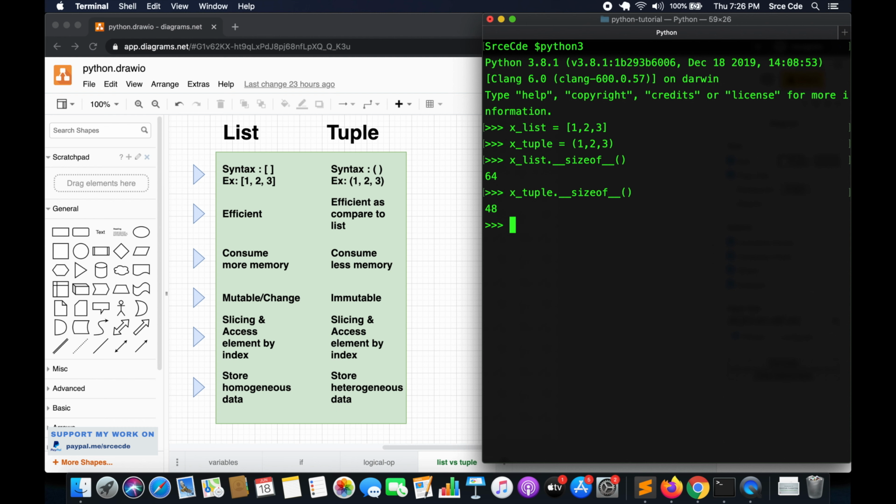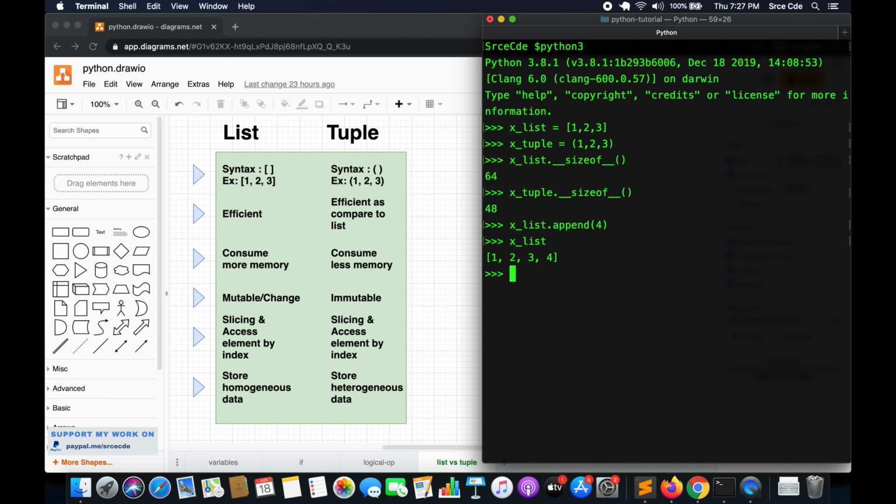Hence we can say that list consumes more memory as compared to tuple, which consumes less memory. Now moving along to the next difference: list is mutable, so we can modify elements within the list, while tuple is immutable and we cannot modify or append any element within the tuple. Let's have a look. If I say x_list.append(4) and press enter, we have one more element, that is 1, 2, 3 and 4.